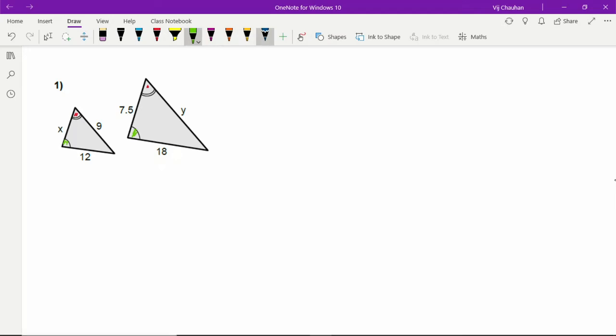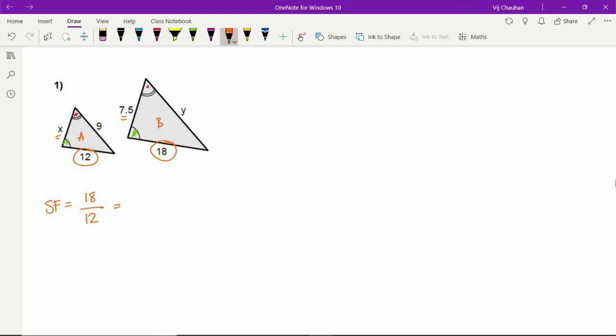Now the next thing I then need to do, or step 2, which is on the method, is think to myself, okay, which side have I got a number for? So if I look on the left hand side, I don't have numbers for both because I've got x on the smaller shape and 7.5 on the bigger shape, and on the right hand side I've got a 9 and a y. However, for the base of that triangle, I've got 12 and 18. Now to work out the scale factor, it's basically the shape on the bigger side, which is 18 over 12. And if I then go on and simplify that,